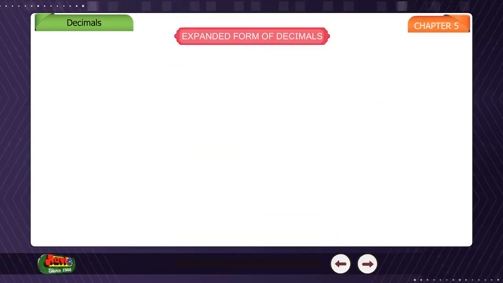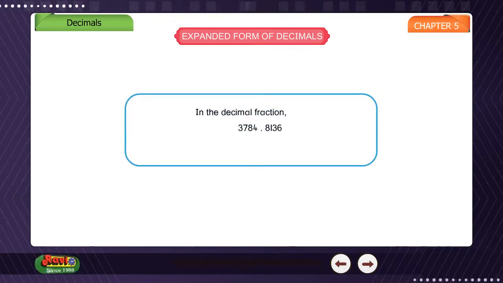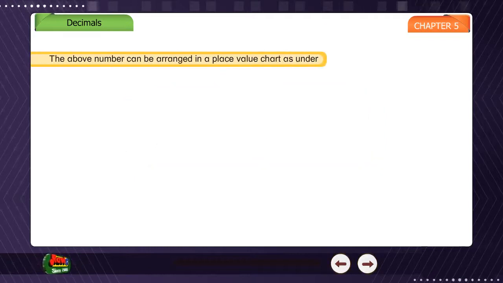Expanded form of decimals. In the decimal fraction 3784.8136, 3784 is the whole number part, and 8136 is the decimal part. The above number can be arranged in a place value chart as under: